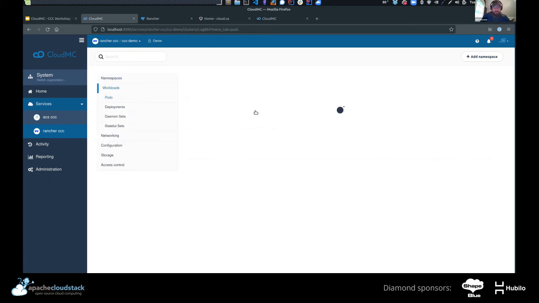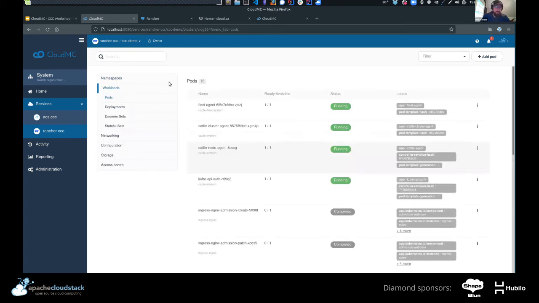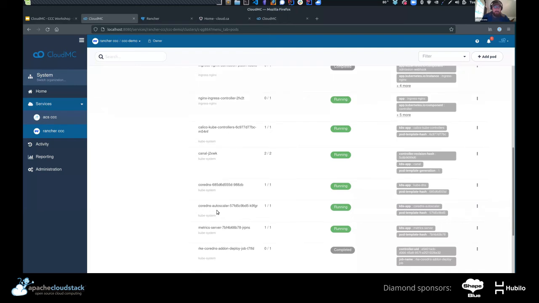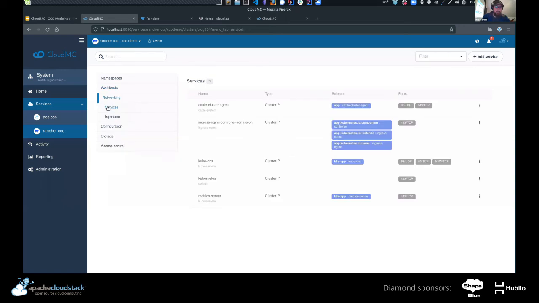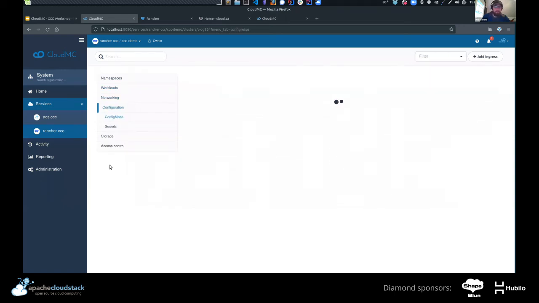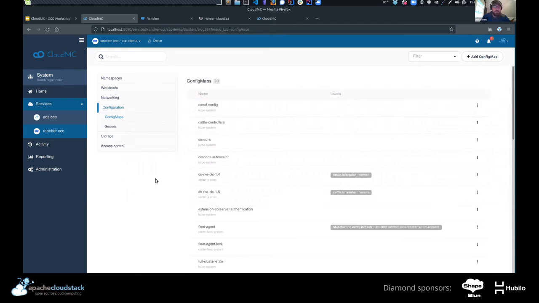These are the workloads, so these are the pods. And then we have deployments and stateful sets and so on. We have the networking that is set up here, the different ingresses, which I don't think we have any right now, different config maps and secrets, for example, storage, and so on.